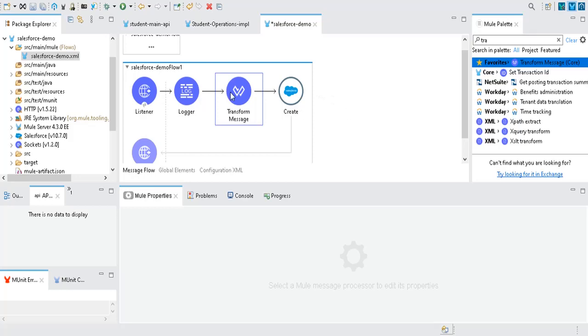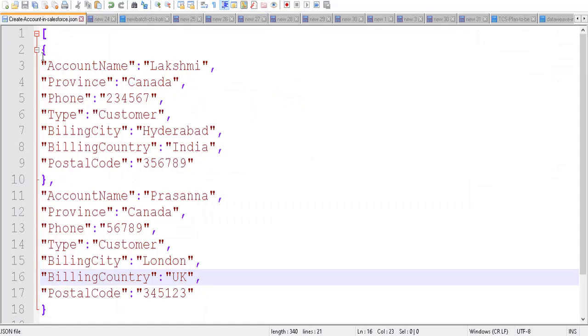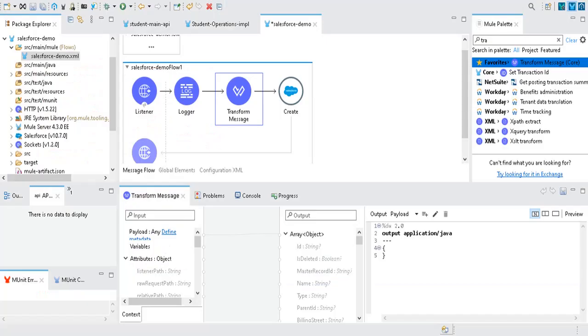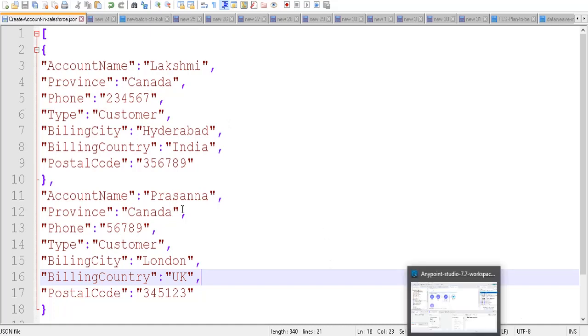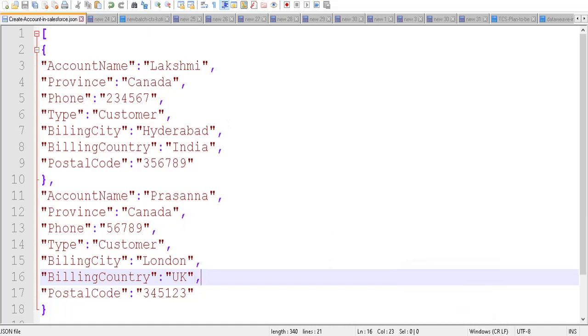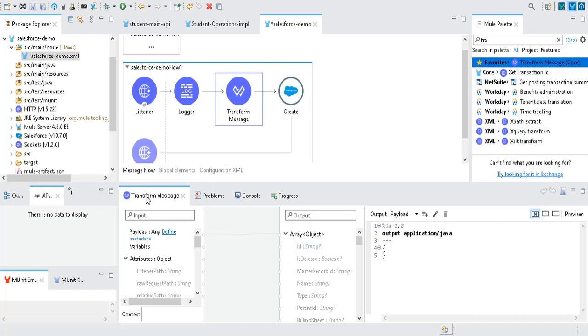Okay, and we already saved this JSON as a separate file, right? We need to add this to transform message input data just for our reference. Even if you change these values while sending it from Postman, the mappings won't change. So that's why we can always take a sample data as an input to this transform message. Then you can map it accordingly. Then you are good to use. Okay. So to do that, you just open this transform message, click on define metadata.